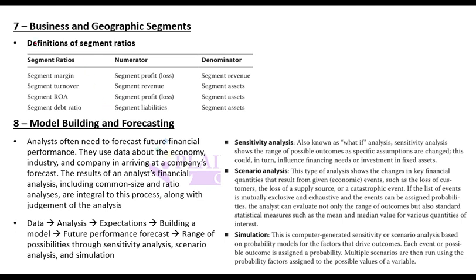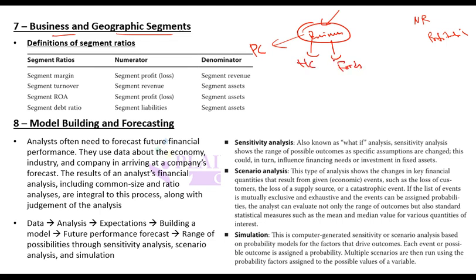So moving on, the next segment is business and geographic segments. When you are analyzing a business, primarily for equity and even for credit analysis, it is not just enough to look at the total sales, for example, net revenue or total profitability. You should also know what is actually driving it. So maybe it has different businesses, maybe personal care, home care, foods, and each of these would have different growth and different profitability.